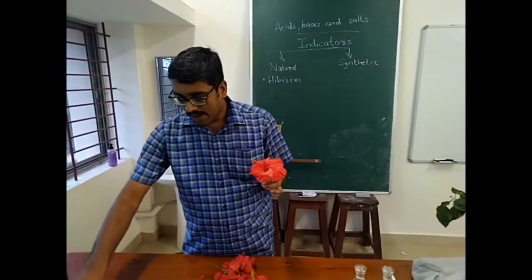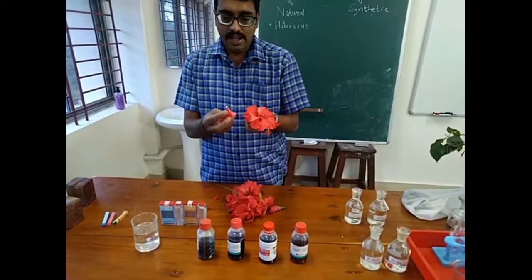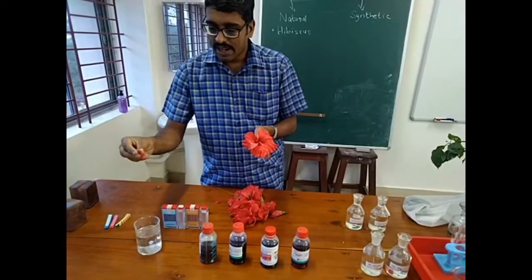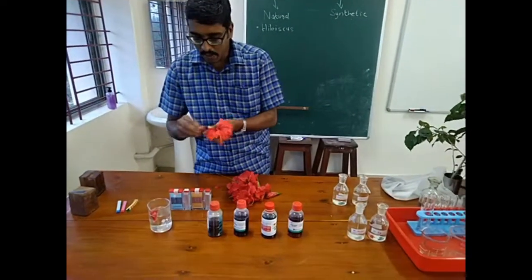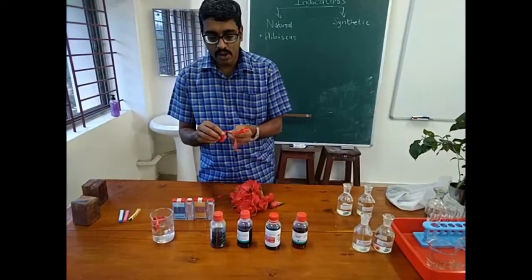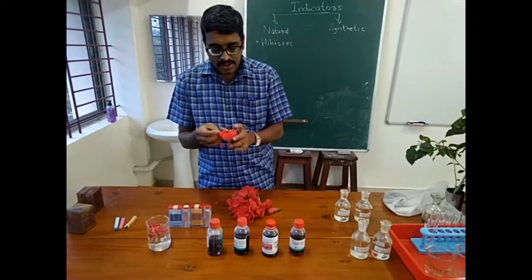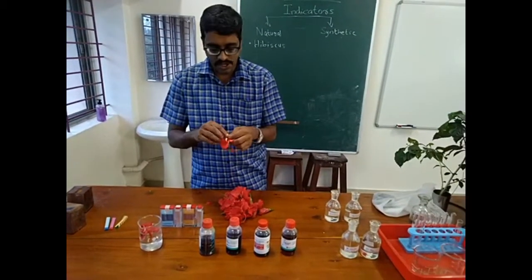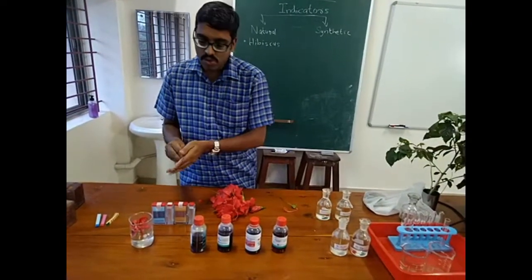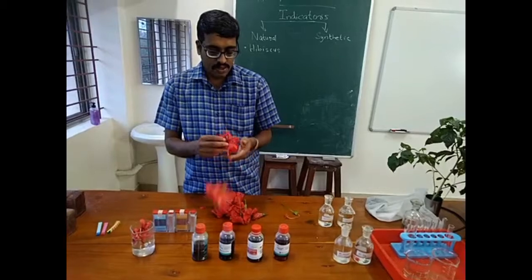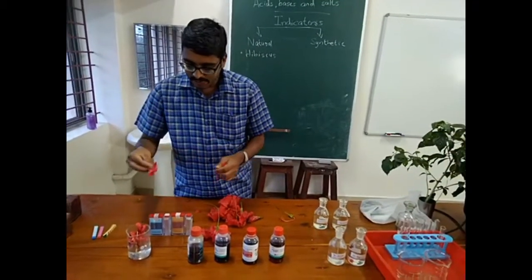So now we are having a beaker containing hot water, and removing the red colored petals, squeezing them and putting them inside this beaker one by one, and we will wait for around 5 minutes. At that time the water may change into hibiscus solution. Most probably it will change into hibiscus solution. I am using around 5 hibiscus flowers. This is an example of a natural indicator.